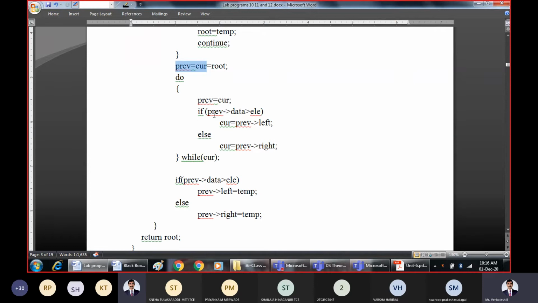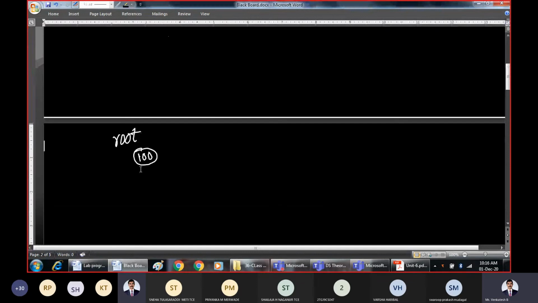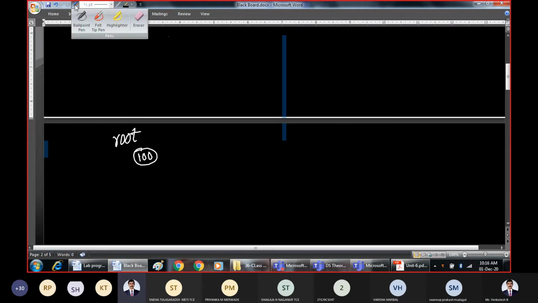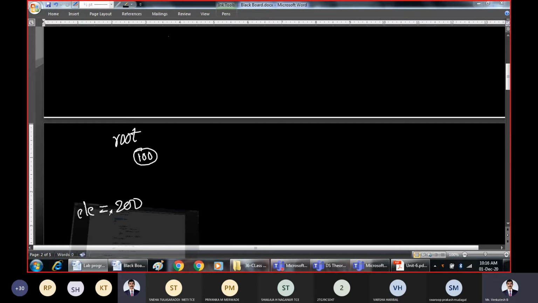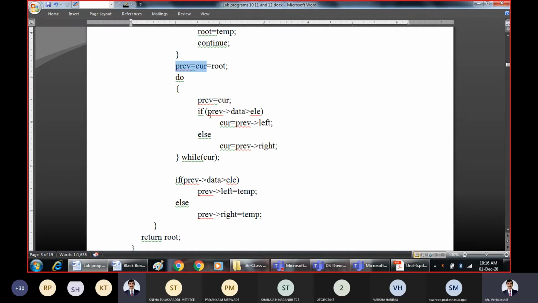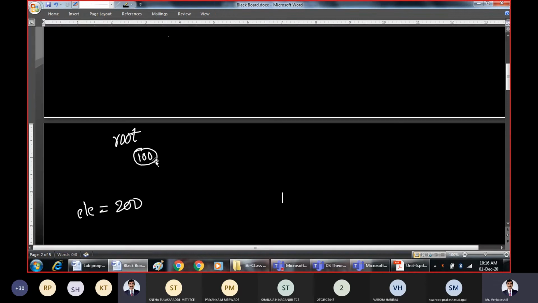If the previous pointer data is greater than the element, then insert on the left. Assume the element you want to insert is 200. Check that condition: what is the previous pointer data? 100.